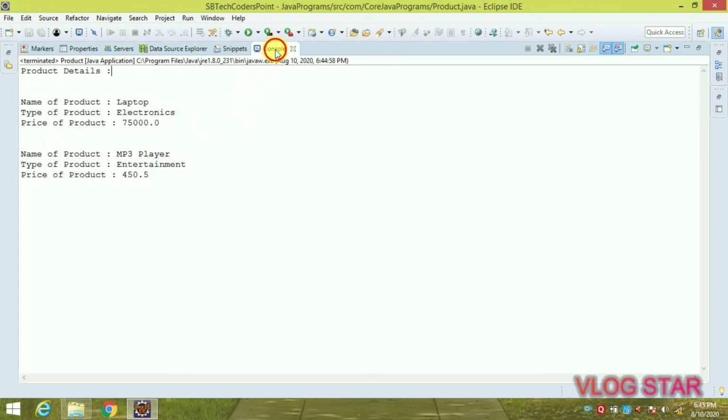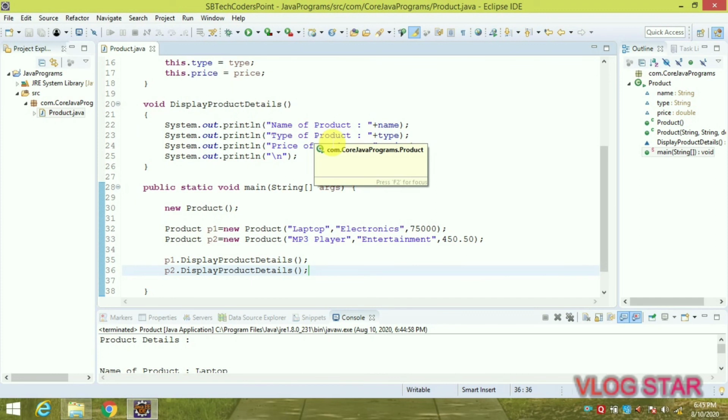So every program starts execution from the main method, so it will first call this no argument constructor, that is by using new Product, and then it will call the parameterized constructor by using these objects and methods. So that's how we can use constructors in Java and call them using methods.